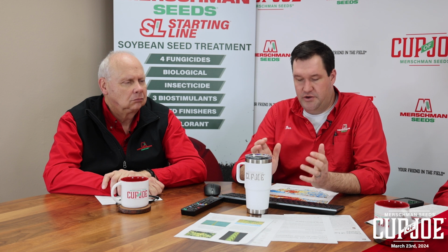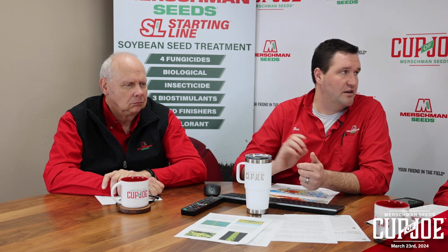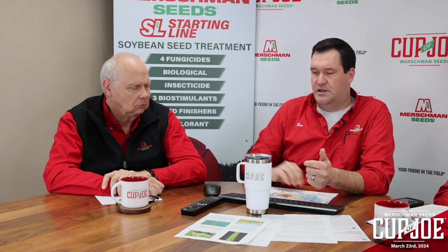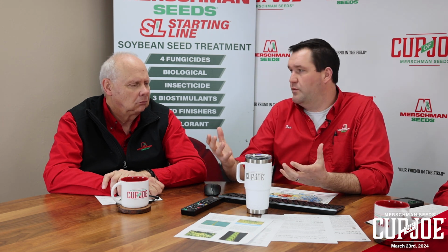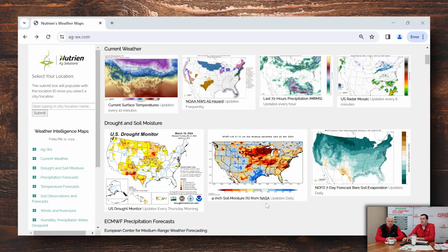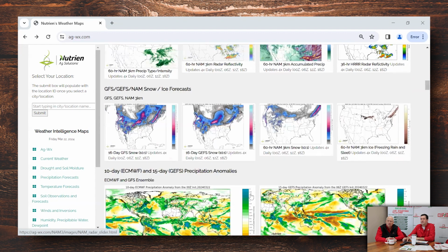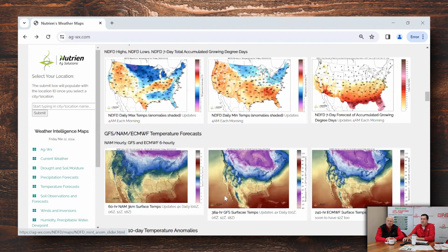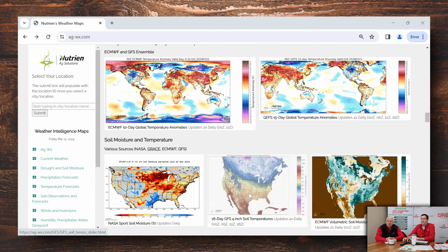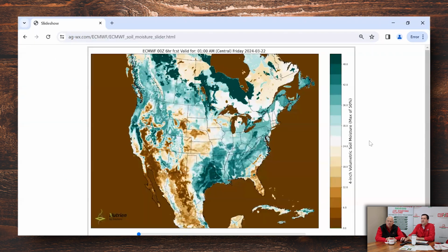So what I wanted to do from this point is move to ag-wx.com, which is Nutrien's weather page that Eric Snodgrass organizes. And I kind of wanted to show where we are at and what the forecast kind of looks like from a volumetric soil perspective. So if we go to this ECMWF volumetric soil moisture percentage, if you pull this up, 50%, so we are right here at 48% in the